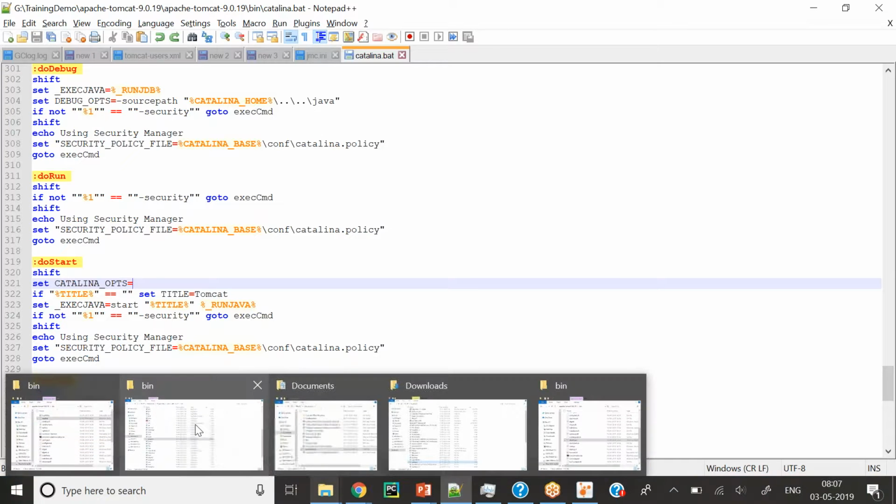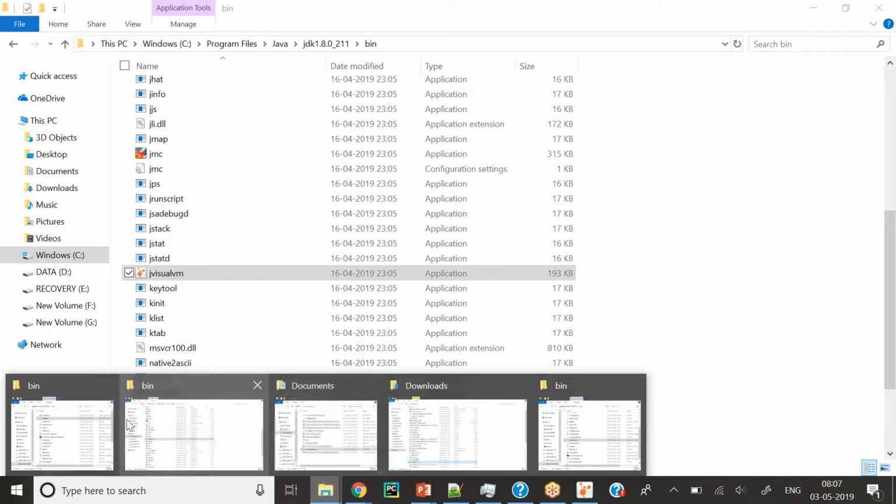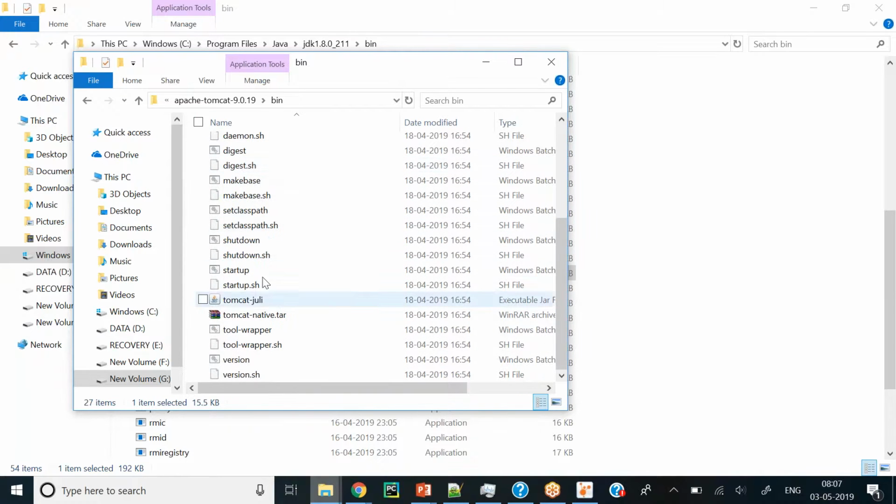Again, you go back and navigate to the bin directory of your Tomcat. Under the Tomcat bin directory you can see there are two startup files: startup.sh, and startup.bat, which is the Windows file. So we want to click on this startup.bat file. This will start up your Tomcat.